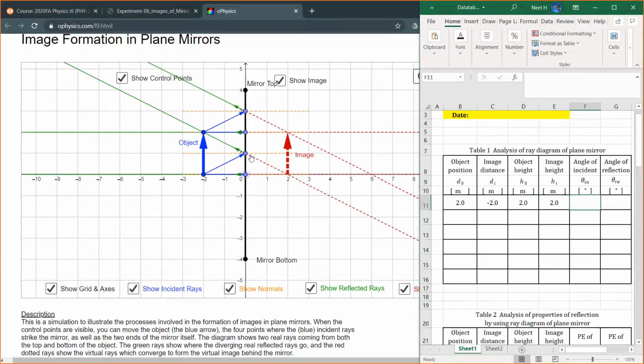This is the normal line. So the angle from the blue line to the orange line, that's the incident angle, right? I can measure that by taking the inverse tan of y and x, right? If this angle is theta, then theta incident is equal to inverse tan,